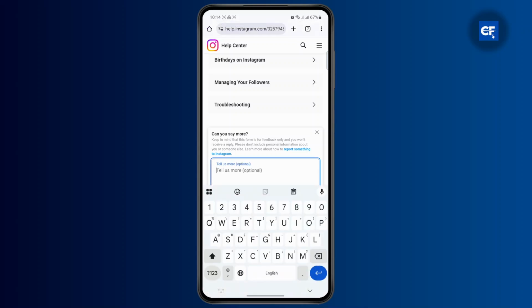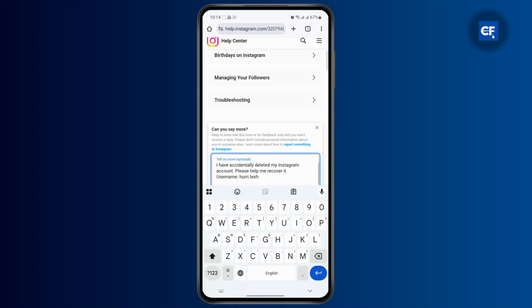You can write something like, I have accidentally deleted my Instagram account. And then you're going to write something like, please help me recover it. Then once you have done that, you just need to make sure you provide your username. And once you've provided the username of your deleted account, you just need to go ahead and tap on next